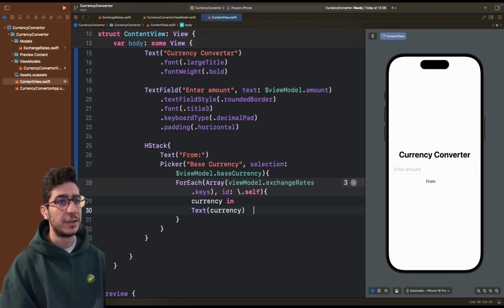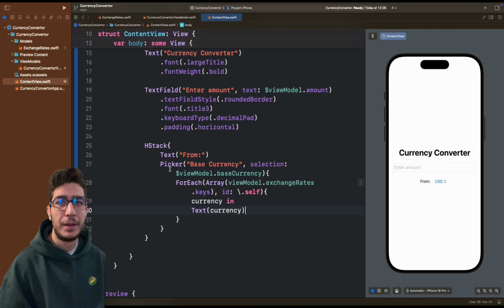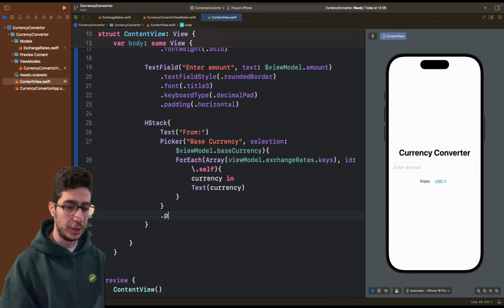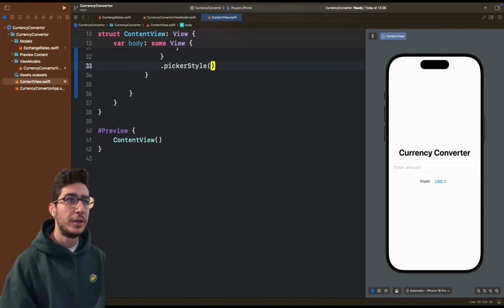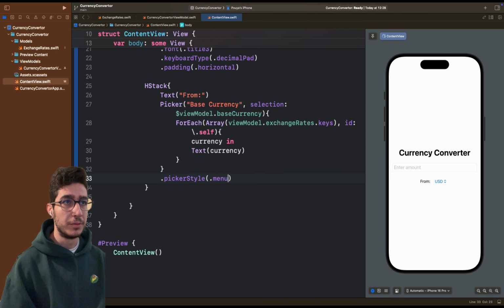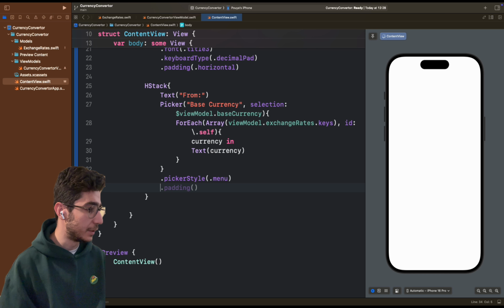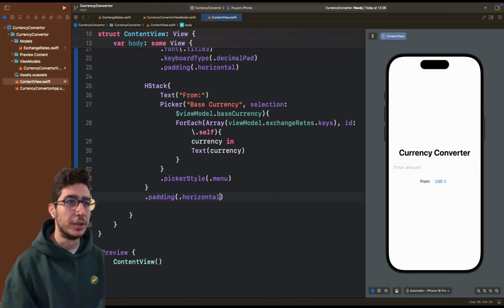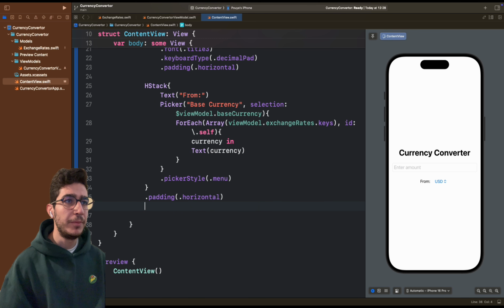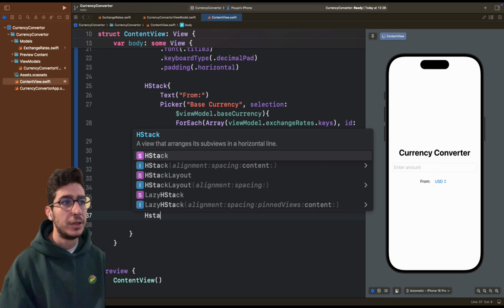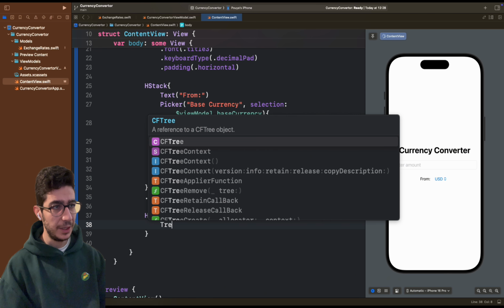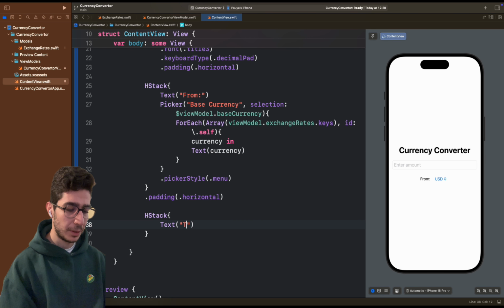So here it goes, and we have currency in, then we have a Text currency. This is good. And for our picker, we have the .pickerStyle modifier. We just want to say menu, as this is right here. And for our HStack, we have .padding(.horizontal). Again, this is the same for the target currency. So we have a Text "to",